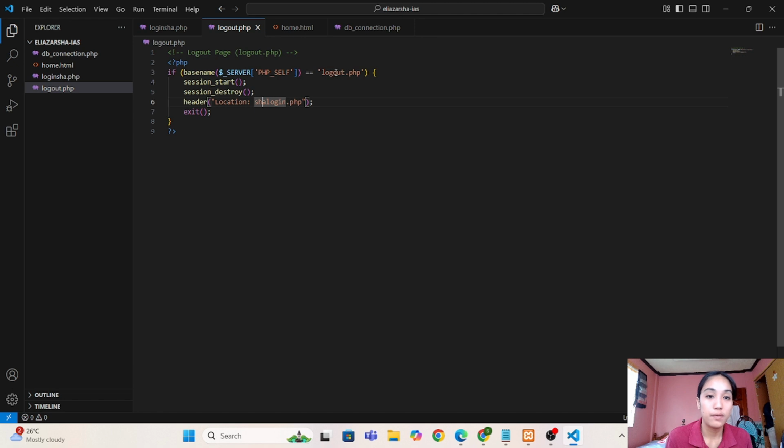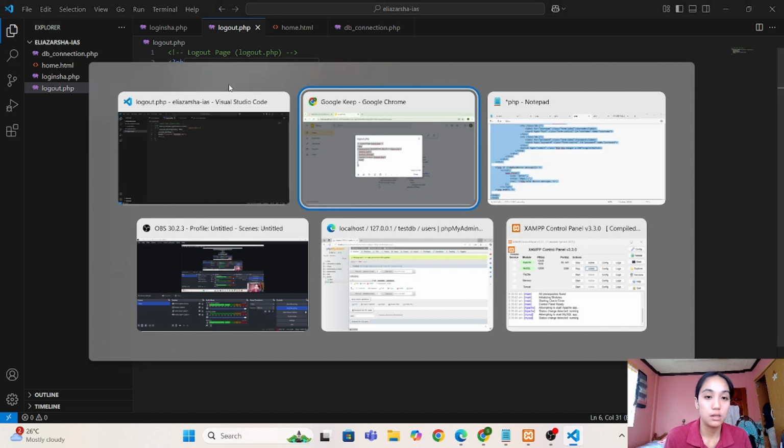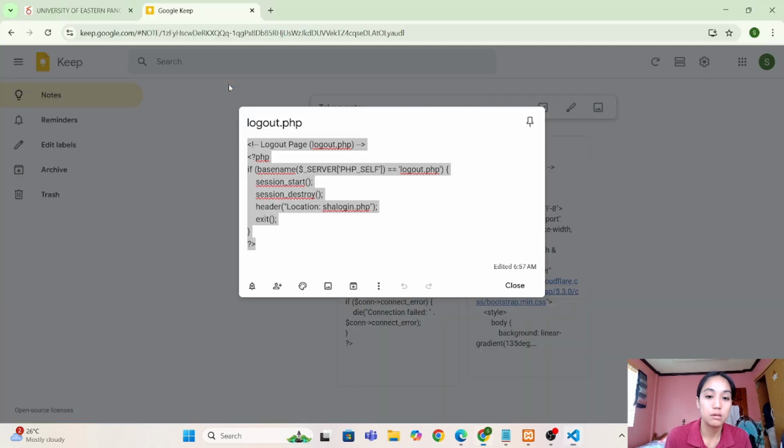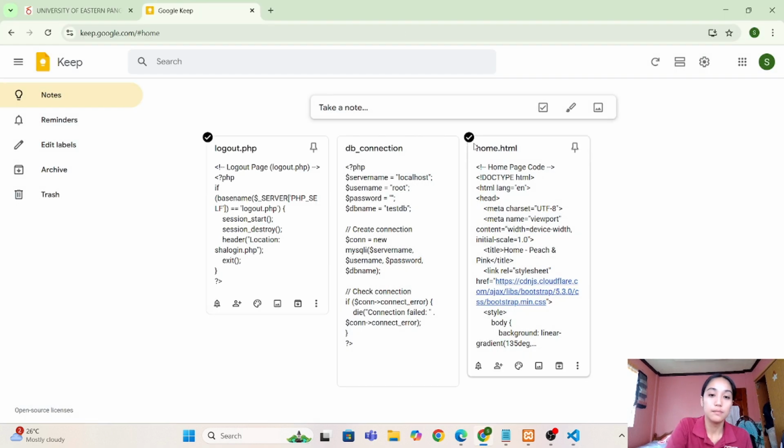If we click the logout button, makikita po natin yung button doon, babalik po siya sa login page natin. Then balik sa